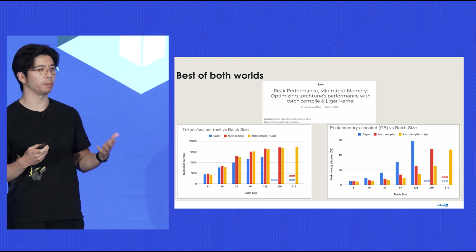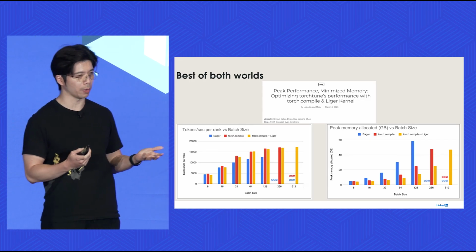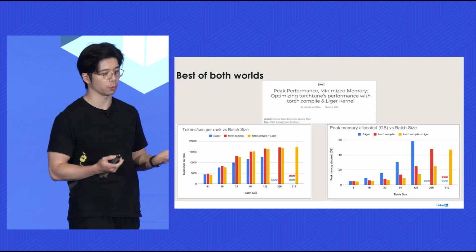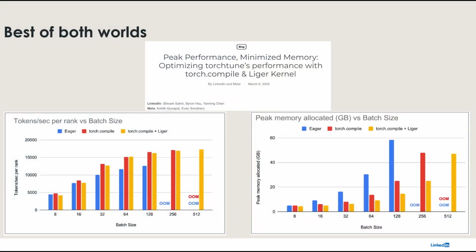So naturally, people may wonder what the value add of Liger kernel is on top of torch compile. Earlier this year, we did an investigation together with a Meta team, and we found that even with the presence of torch compile, with many techniques being fine-tuned on top of that, if you enable Liger kernel, you can still increase the tokens per second for